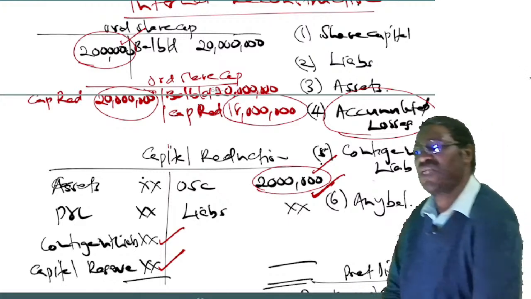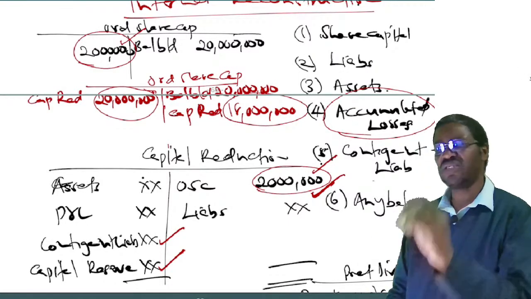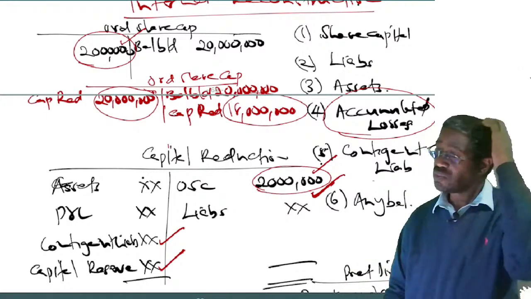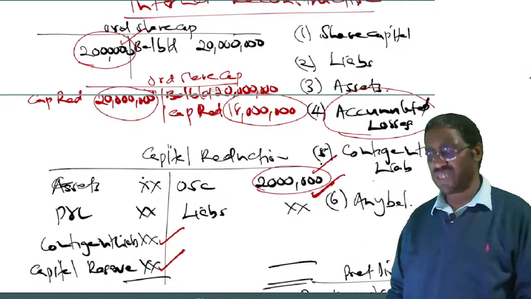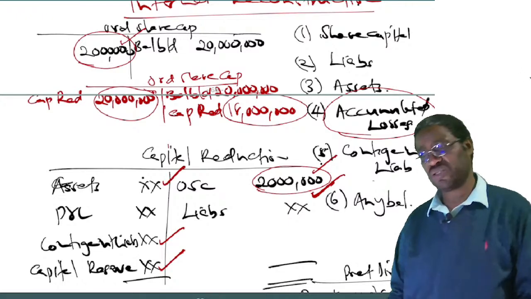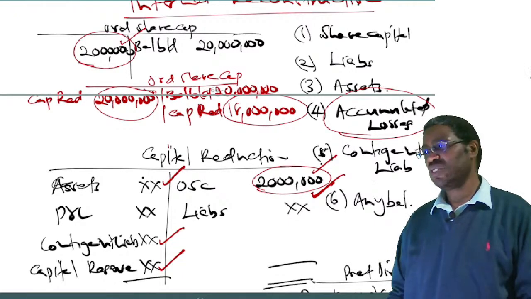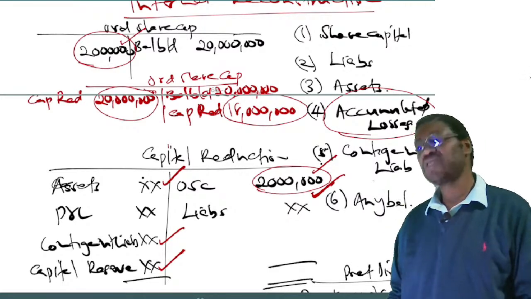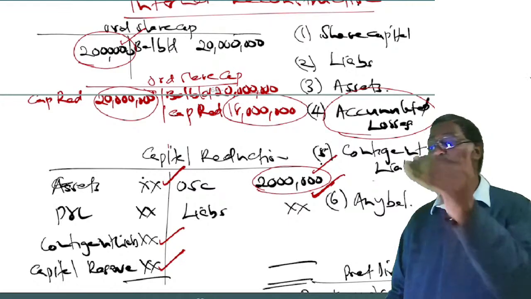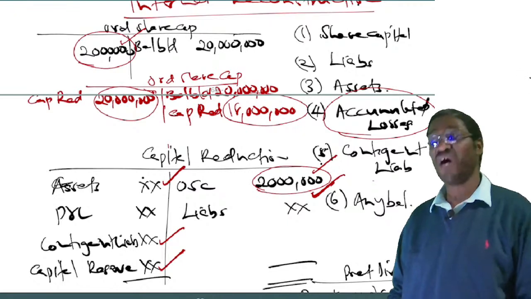Number 3, we agreed as a group of stakeholders that we reduce the assets of the company. Machinery, furniture, this much, and so on. So with what we are writing off on the assets, we went and credited the asset, and of course we debited capital reduction. It is obvious, I hope you are seeing, that is a loss to the company. Why? Because we are reducing the value of our assets.